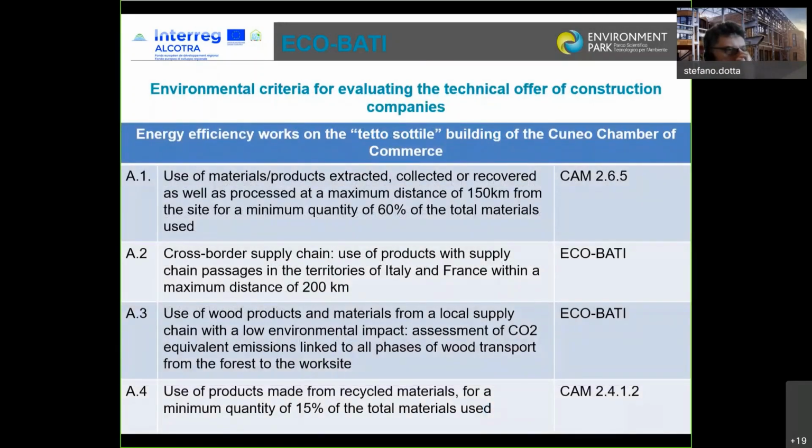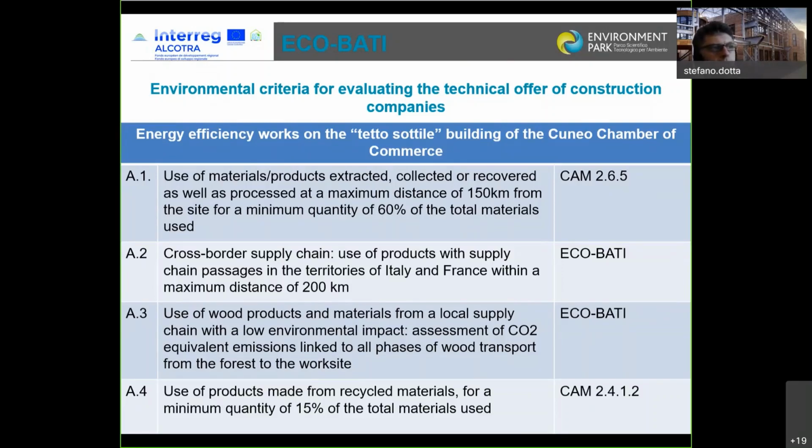So, for example, this is an example of the criteria that was used in one of these pilot. For example, the Chamber of Commerce of Cuneo, that was the lead partner of the project, they deliver a green public procurement for the energy refurbishment of their buildings called Tetto Sottile. And we use for this tender 4 award criteria,